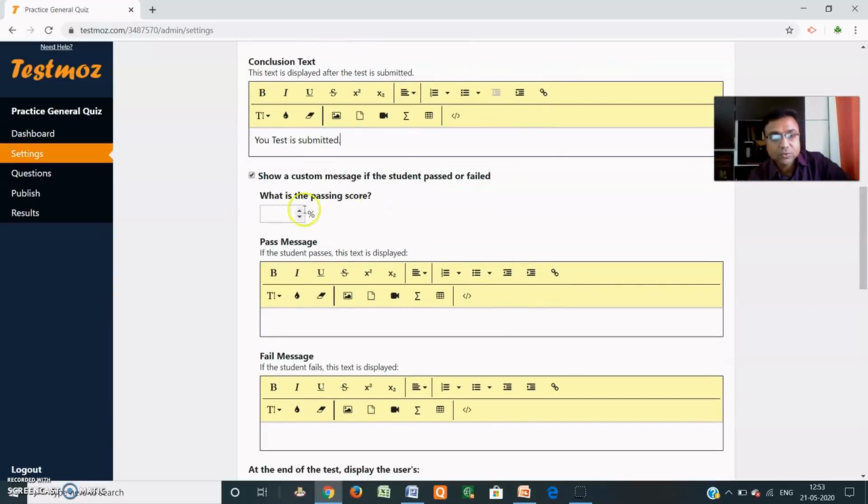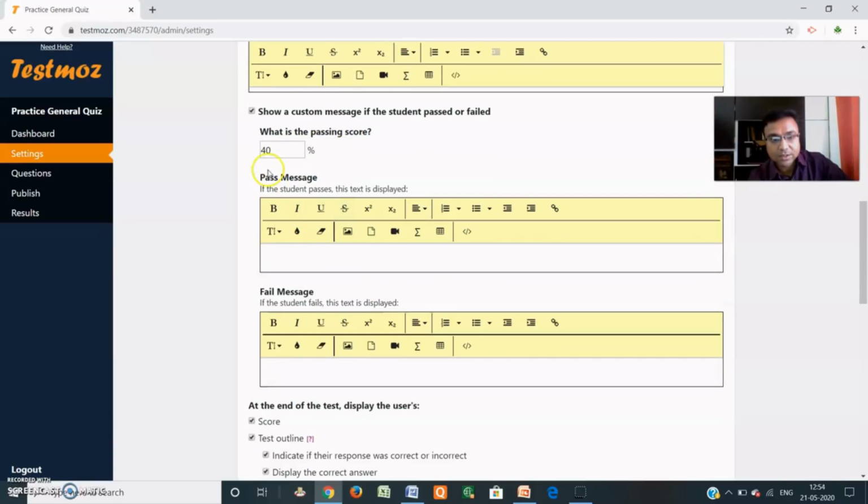You can customize here the message for students who passed. Suppose I am writing 40% here. If the student gets 40 or above, then he will pass, otherwise he will fail. If the student passes, this text is displayed. Suppose here I write: Congratulations, you are pass. This is the message.